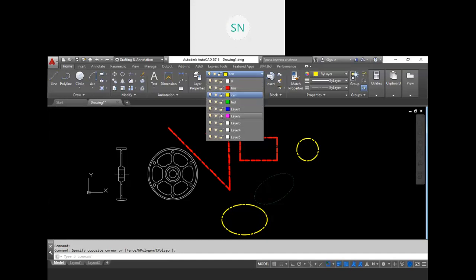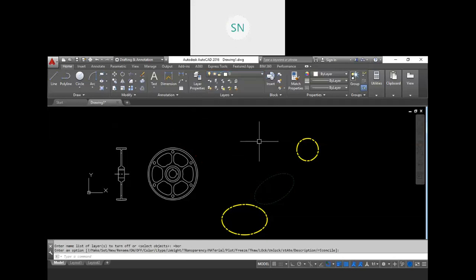So let me choose layer 0 now. For example, I don't want to see border layer, I want to hide my border layer at a time, right? So when you are going to turn off this border layer, all the objects which are in border layer will be removed from your drawing, and you can take a printout,